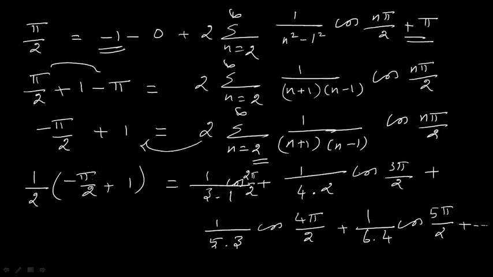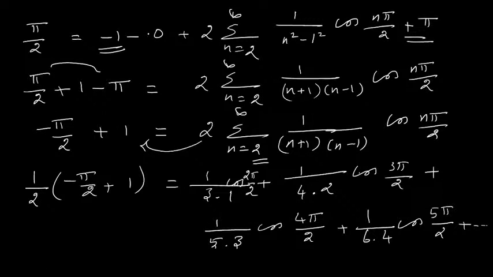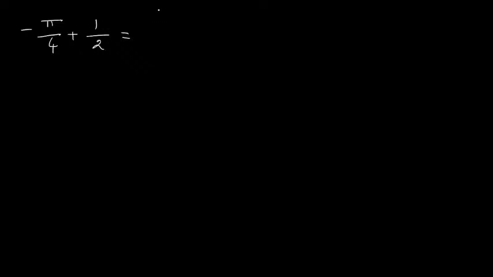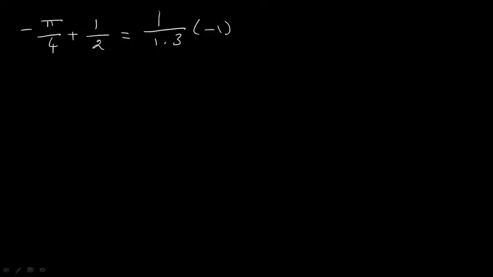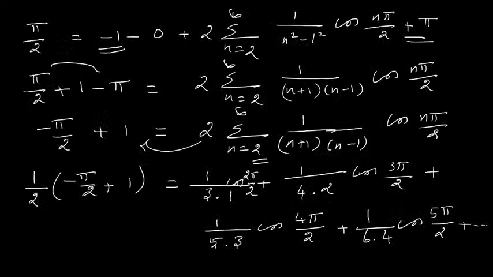So what we are going to do next is, we just take this 2 inside. So minus pi by 4 plus 1 by 2, which is equal to, coming to here, 1 over 3 product 1, that is nothing but 1 over 1 product 3, both are same, isn't it? That is equal to cos 2 pi by 2. Cos 2 pi by 2 is nothing but cos pi. You know the value of cos pi. Value of cos pi is minus 1 plus, coming to the second term, 1 over 4 product 2 cos 3